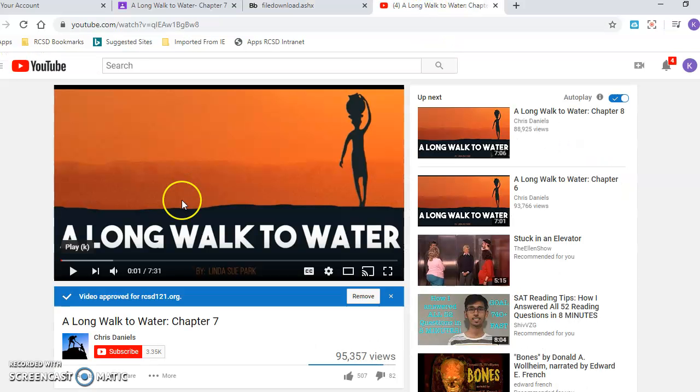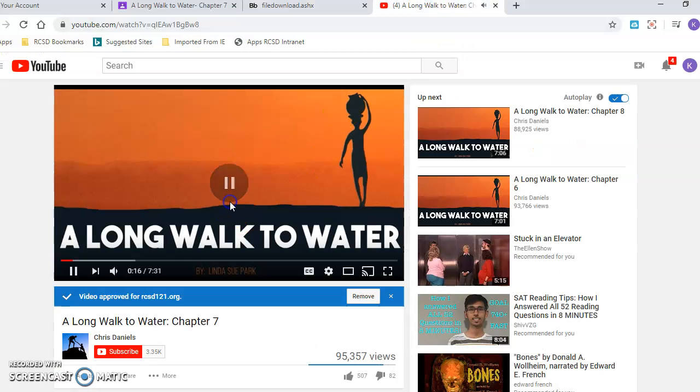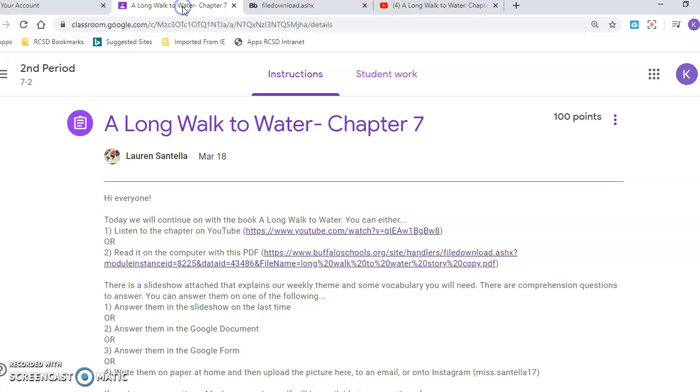You know what I'm going to do? I'm going to show you how I can play this video and listen to it. You can follow along here. Okay, so you see what I'm doing there? That's what I recommend doing, having both of these tabs open and going back and forth between them. Now, I'm not going to close out either one. I'm just going to go back to my directions now. Okay, and so now I did this. I've read this and listened to this.